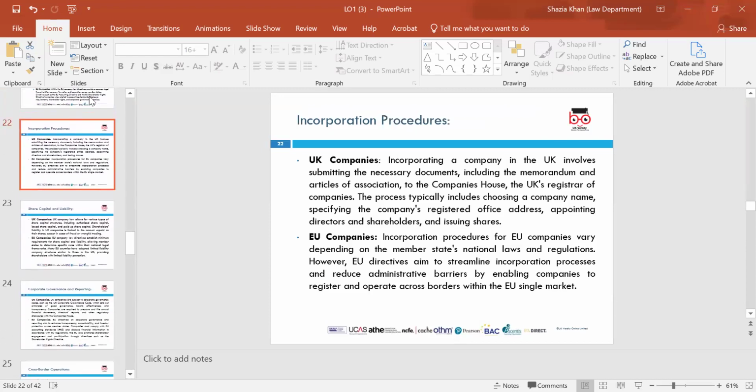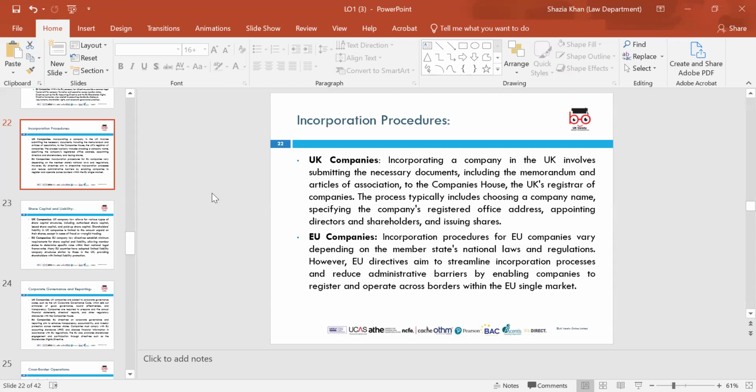So the incorporation procedures. Within UK companies, incorporating a company in the UK involves submitting the necessary documents, including the memorandum and articles of association, to Companies House, which is the UK's registrar of companies. The process typically includes choosing a company name, specifying the company's registered office address, and appointing directors and shareholders and